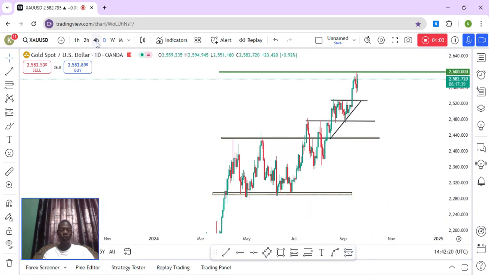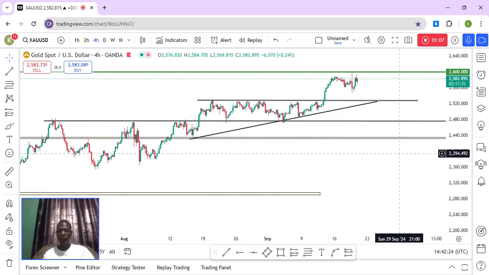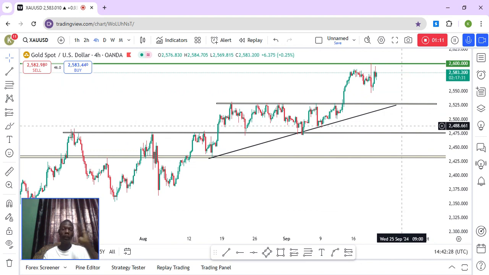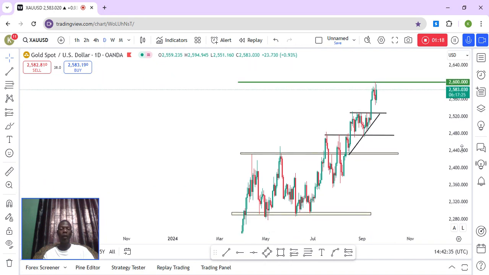You can see, if I go down to the faster time frame, there was a rejection, a very big rejection on the level. That shows you how powerful the level is. If you've been following my videos from the longest time, you see this. I've said countless times that the next level target for gold is 2,600. And how did it come about?